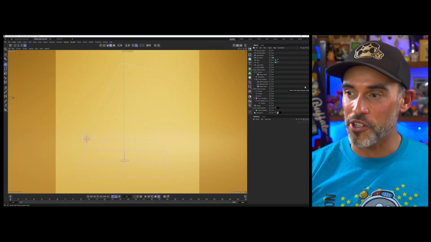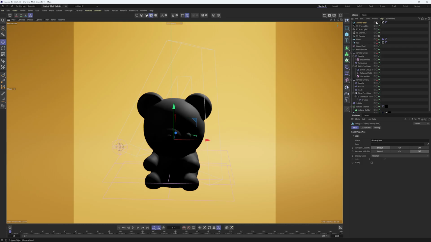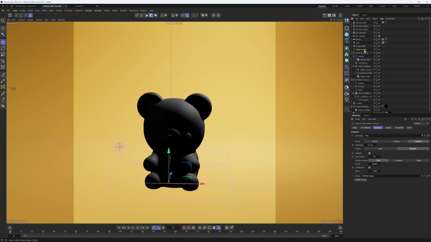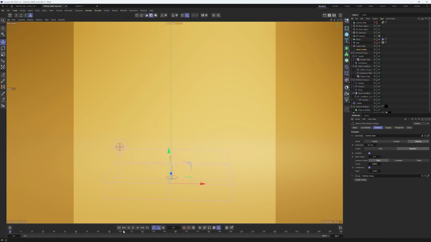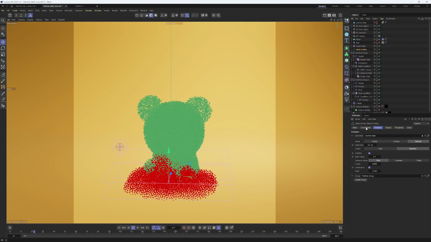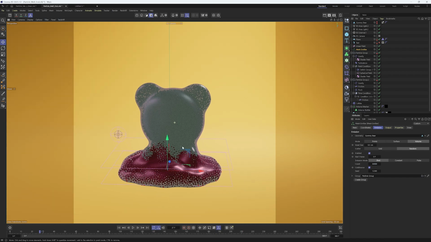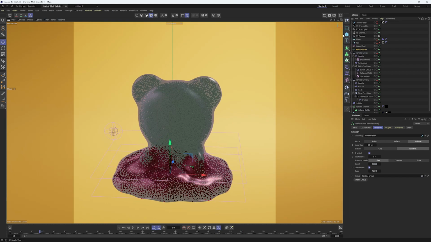So I also promised that I would show you how to use other objects other than Motext. So what I'm going to do is I made a little gummy bear here. You can see little gummy bear right there. And all we're going to do is I'm just going to make it the same size as the Motext that we're using there. And then what I'm going to do is just replace in the mesh emitter the object that I want to use as that mesh emitter. And so now if I go and turn off the volume builder, volume mesher, play, you'll see instead of generating a bunch of particles inside of the text, it's going to generate it inside this gummy bear volume. And so I turn on the volume builder, volume mesher, and we'll have this little teddy bear start to melt,